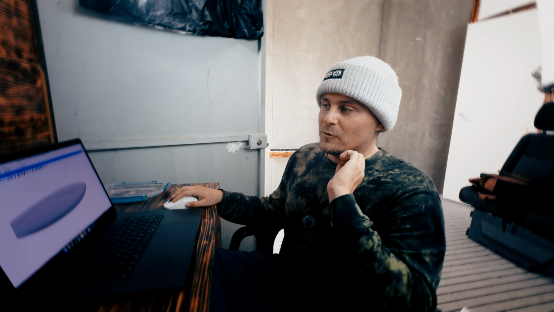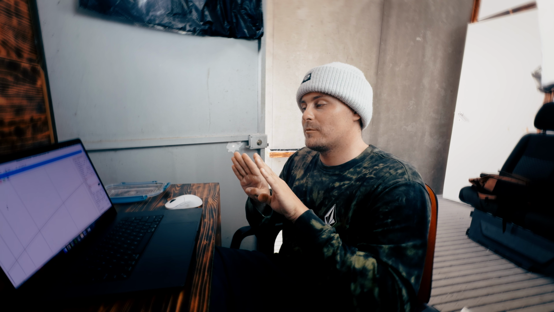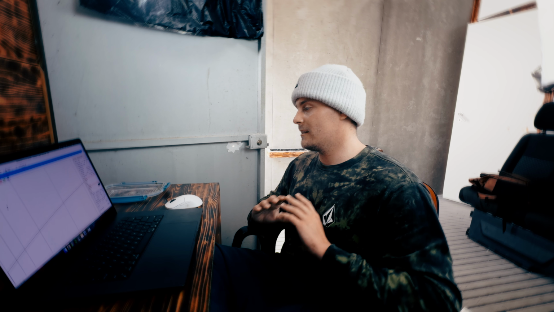So what I want you to do when you design this, I want you to print 1 or 2 templates of these boards that you design, put them together. You can print them off on A4, put them together, cut the outline and put on the wall or on the ground, and once they're side by side, just choose the one that looks better, and that is your outline design. Now what I want to show you is my process of designing the board,